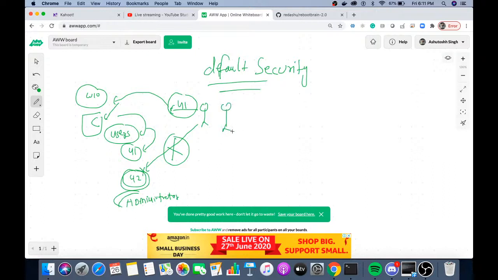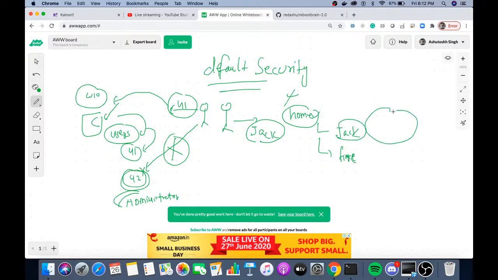Likewise in Linux as well, if we have a slash that has a home, and home has Jack user and let's say Fire user. So if you are going to log in as this Jack user, either from graphical or command line, it can go to slash, to home, to Jack, and inside that anywhere, but it cannot go to any other